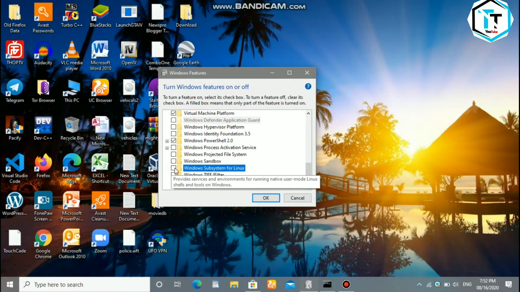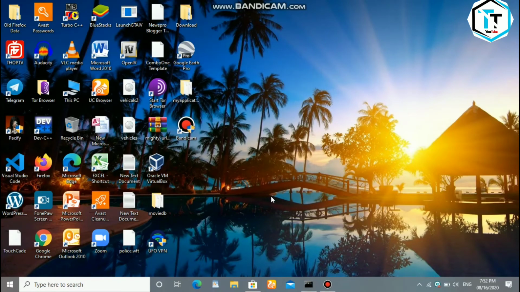If this is not enabled on your desktop when you install Kali Linux for the first time, you can enable the Windows Subsystem for Linux and press OK. If you press OK, some process will be running in the background that will be shown on your desktop. I have already installed this, so this process is not showing on my side. If you install, this process will show on your side.